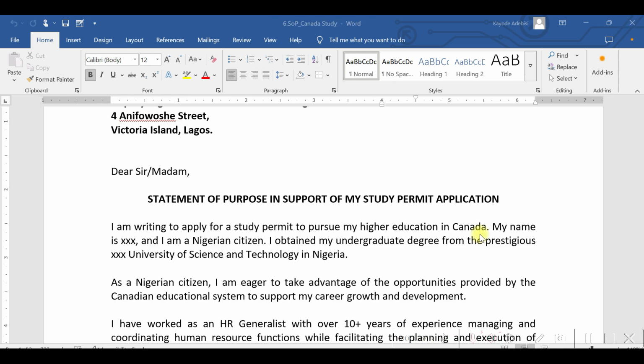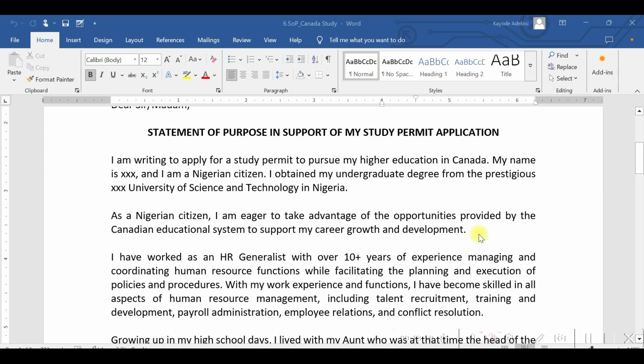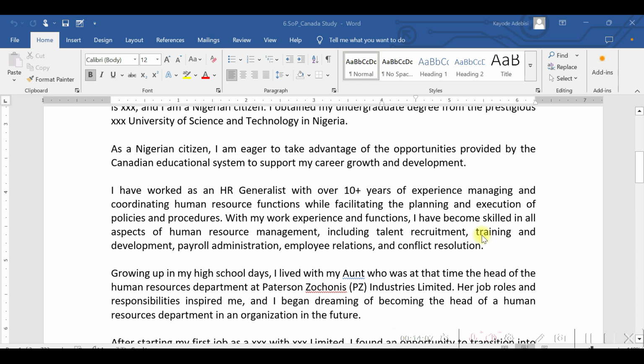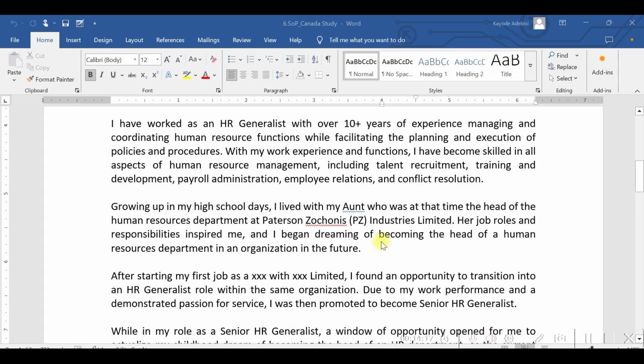So this sixth SOP was actually used for a Canada study permit application. She's been in Canada for over a year now. She of course followed the structure. Of course, we drafted this obviously, but then she followed the structure. She followed the information around what educational background she has and what have you. But the unique case about this person was that she was actually using the HR course to transition. She actually studied geology in her first degree, but then she has a very strong interest in going to study an HR course in Canada.